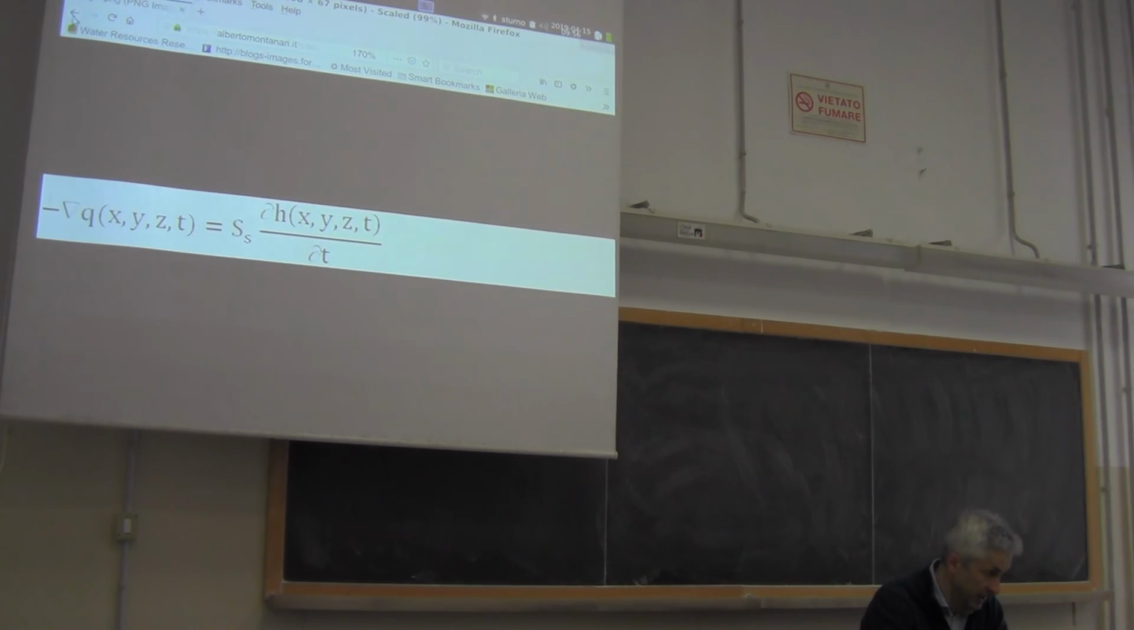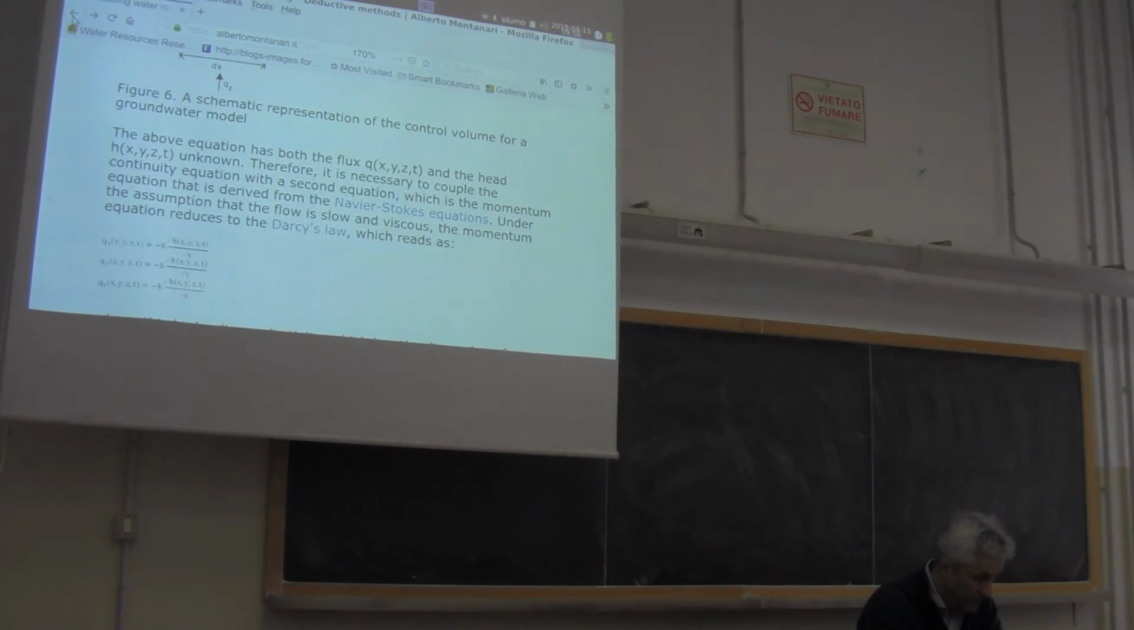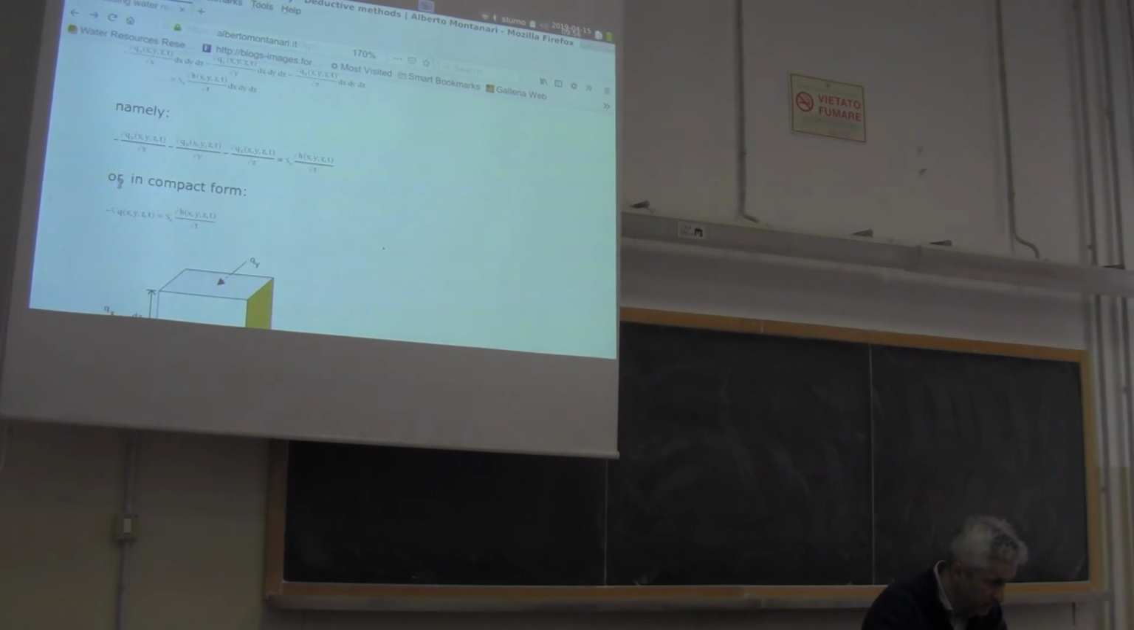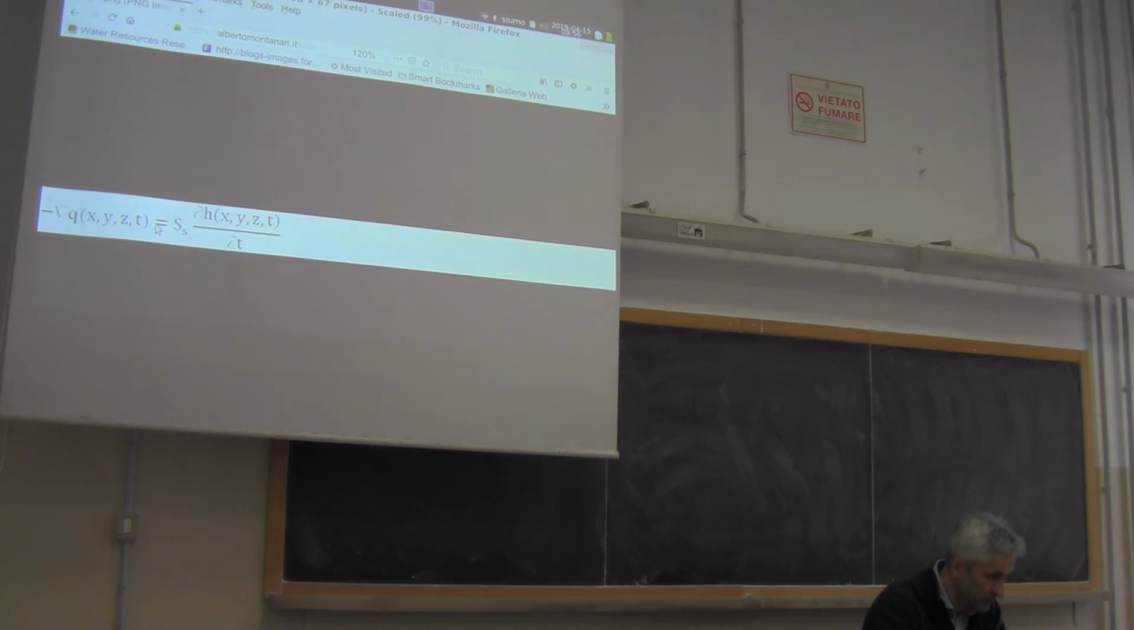Now, as I said, this equation, which I just showed, I forgot to say that. Let me show it to you once again. This equation has two unknowns, Q and H, flow and head. So clearly it cannot be resolved by itself. Okay, we have to introduce additional